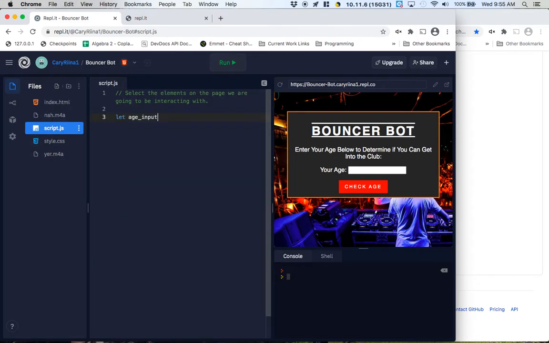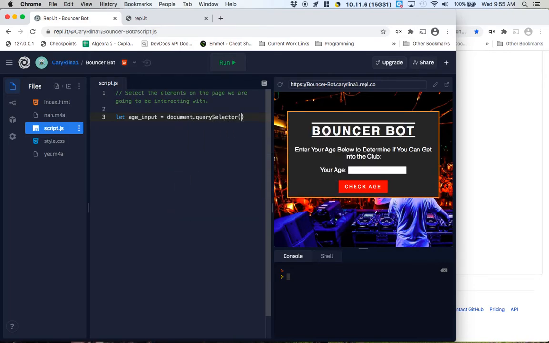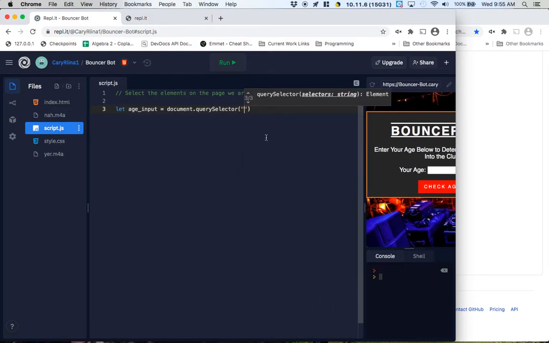So let ageInput equal, and this is on the cheat sheet if you'd rather use that, but I think it's honestly faster for me just to type it because I use it so often. I'm also going to slide this over so that we get a bit more room. And we're going to select the thing on the page with ID age input. Now usually we've been selecting with IDs, but there's only one button on the page, so I want to show you an alternative. So let button equal